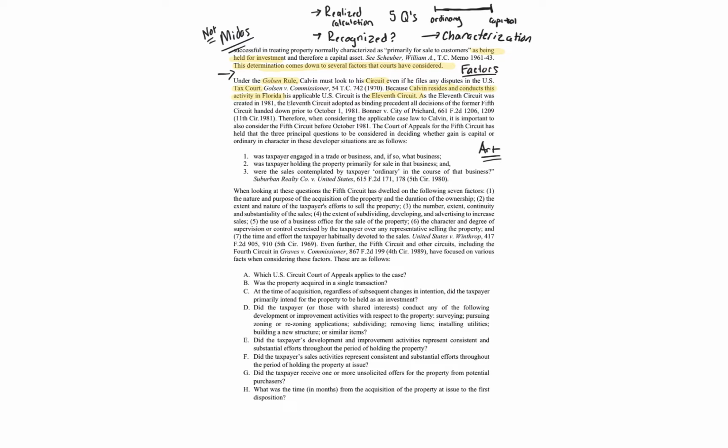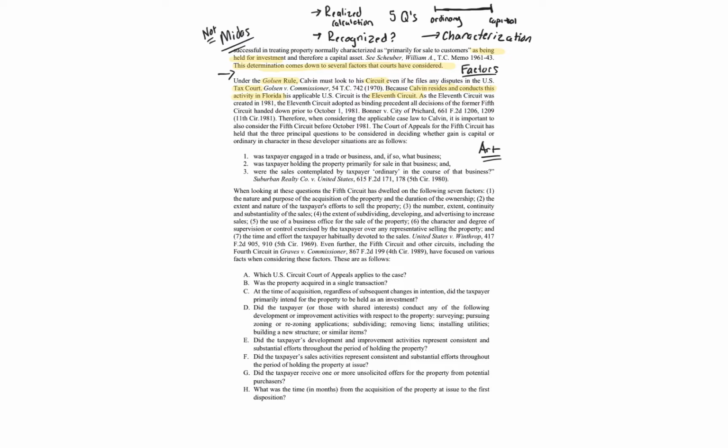Now, something really important about the 11th Circuit, and the reason why I'm highlighting this is because when you do research on this issue of developers and whether the dispositions of real property are considered ordinary or capital, you're going to find that some of the law is older than the 1980s, maybe 1960s, 1970s. This was happening a lot back then because the tax rates were so high. See my introduction to U.S. tax law video